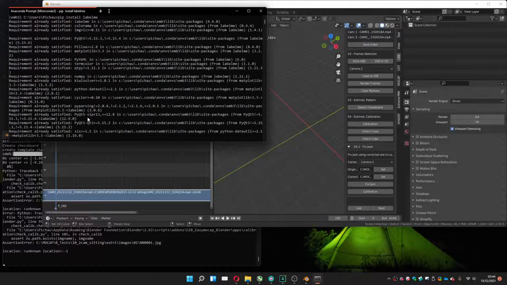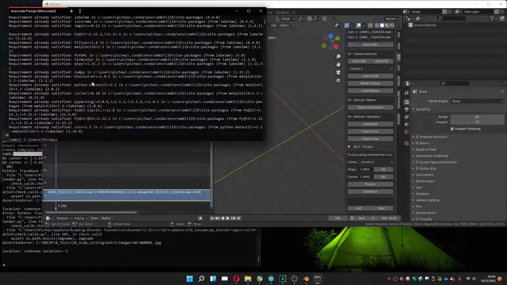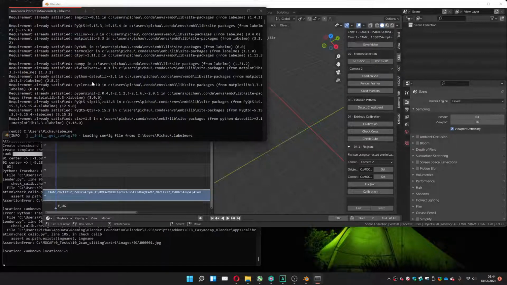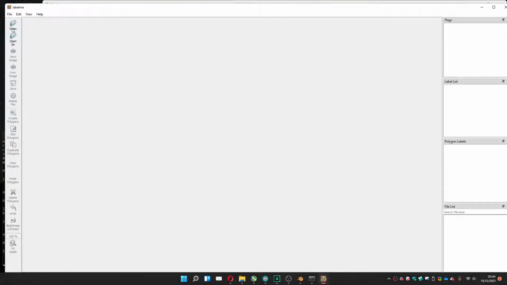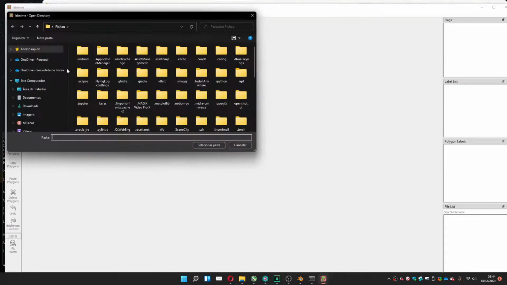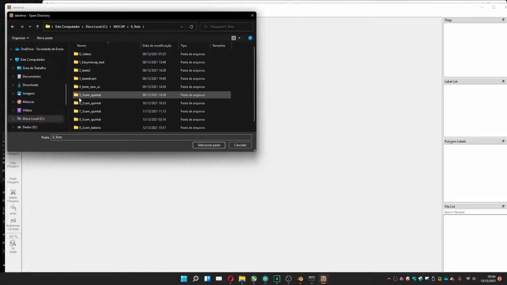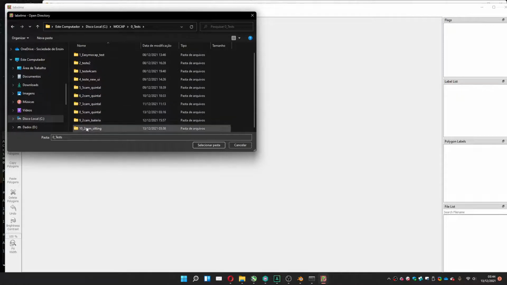Doing that, pip is going to install it, and after installing, you just write labelme and it's going to open. I like to use the open there. Let me go to the project folder, which is Mocap Test 10